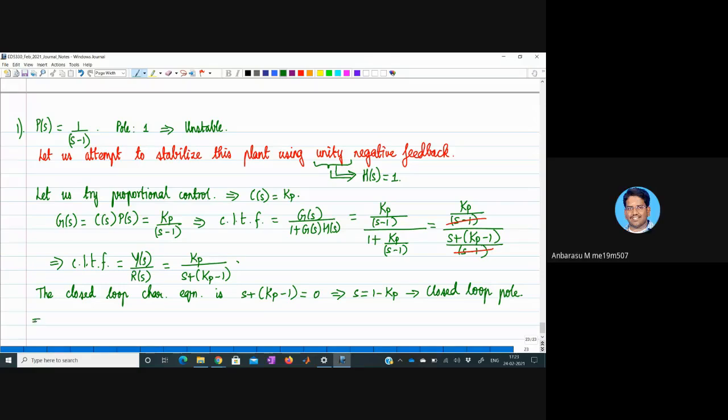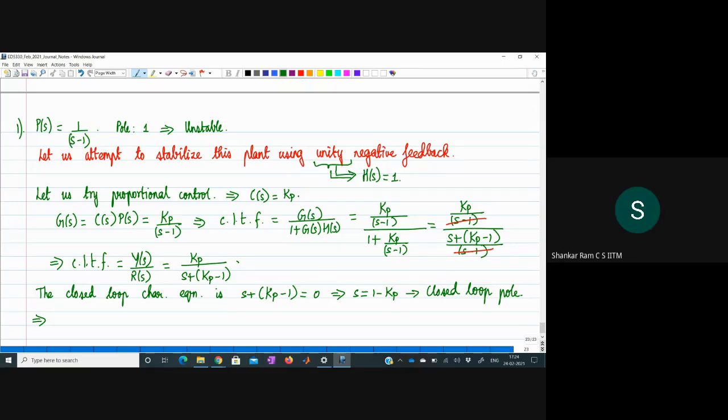Kp less than 1. Very good. Why? Because the closed loop pole should be in the left of the complex plane, right? There is only one pole, so obviously that pole should be on the negative real axis. So the question is, when will 1 minus Kp be negative? 1 minus Kp will be negative only when Kp is less than 1,